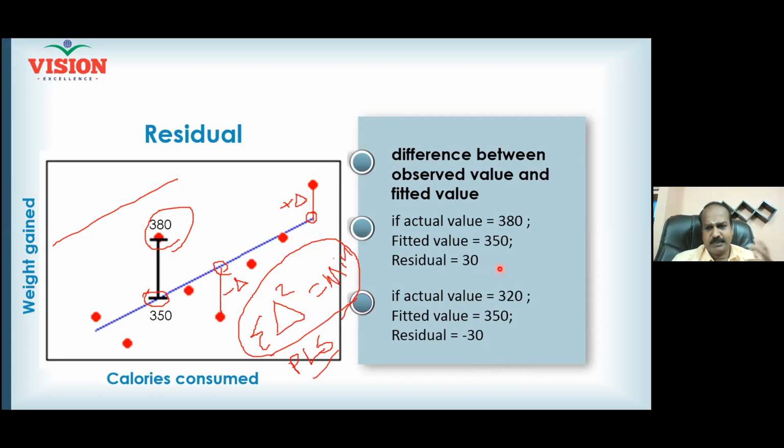Since the residual can be plus, residuals can be minus, we are squaring. Whenever you square the deviation, you are working with variance. Whenever you are working with deviation, you are working with sigma, isn't it? So that's how it is. When you make the sum of the squared deviation minimum, then your regression equation will be at its best.